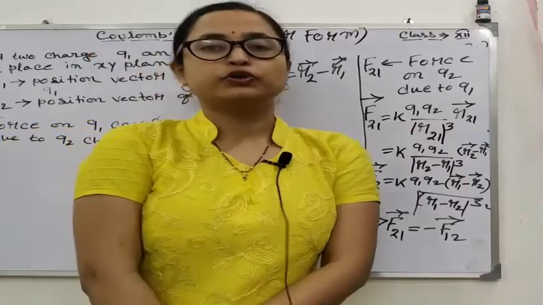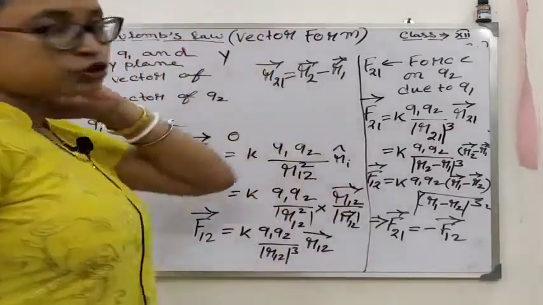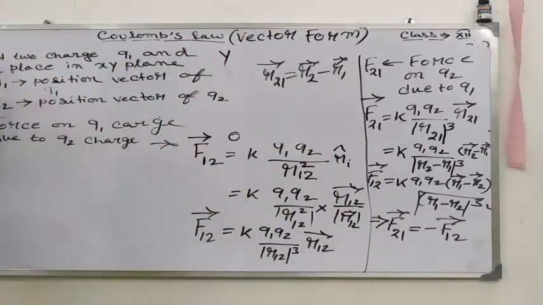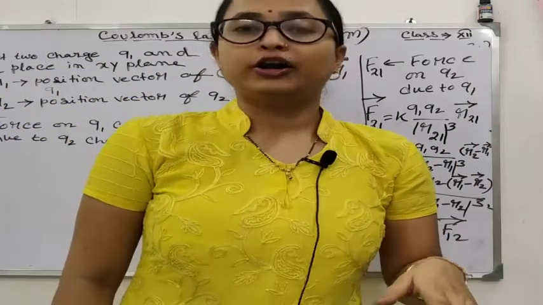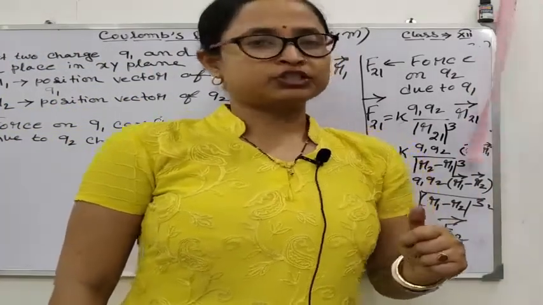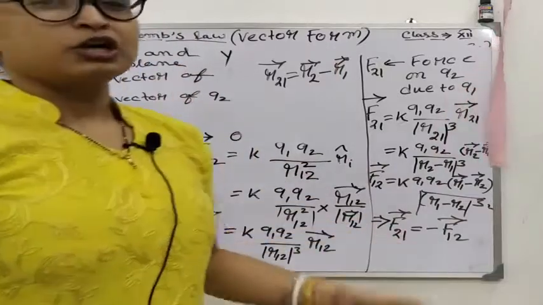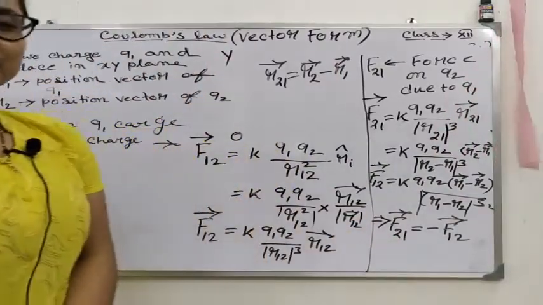Sometimes it will be asked as a 2 marks question. You have to write like this, two formulas, that means 2 lines you have to write. Like, let us consider 2 charges which are placed on the xy plane, then r1, r2 are their position vectors. After that, like this. So simple now. So you can take a snapshot of this.